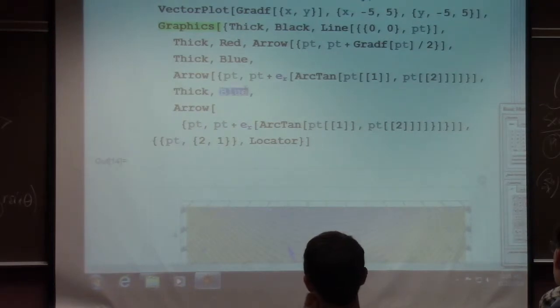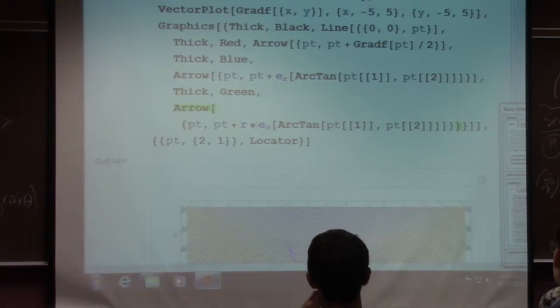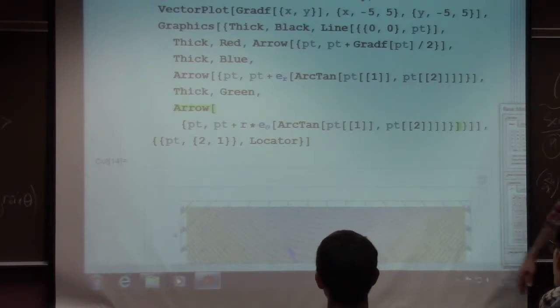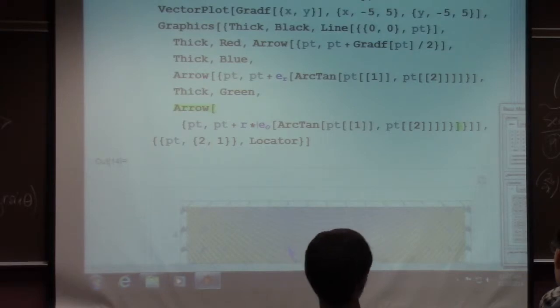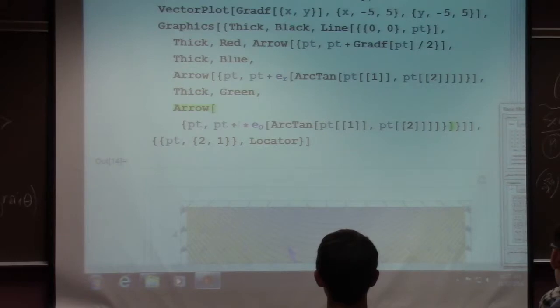Let's make it green. Let's put an E theta here. How am I going to get the r in there? I can't just do that, right? Because what is r? Mathematica doesn't know. How do you think I deal with that r there? Yeah, use the fact that r is the square root of x squared plus y squared, which in this case is pt1 squared plus pt2 squared. So we'll replace this r with the square root